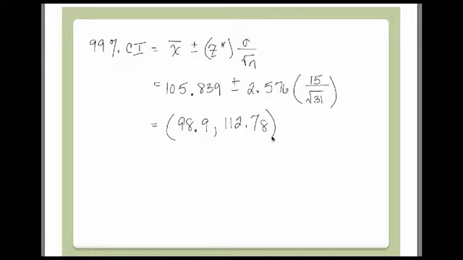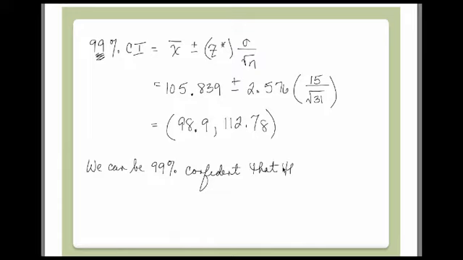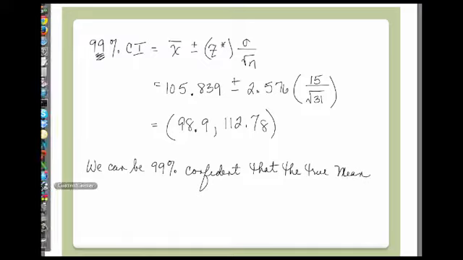Now they did want us to interpret it. All right, and this is what I've been talking about. There's definitely a certain way to interpret it. Yes, it's something you can pretty much memorize and fill in the blanks. So this is how it goes. We can be 99% confident because we're doing a 99% confidence interval. So we can be 99% confident that the true mean IQ score